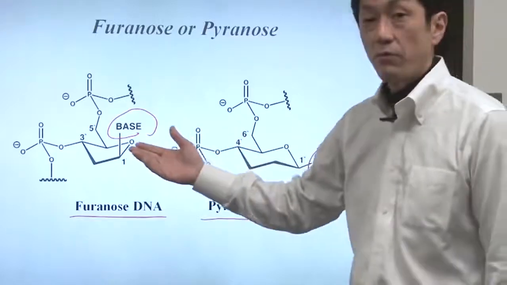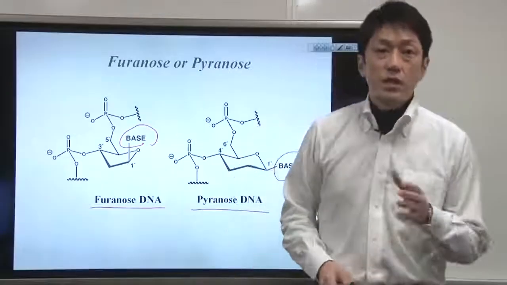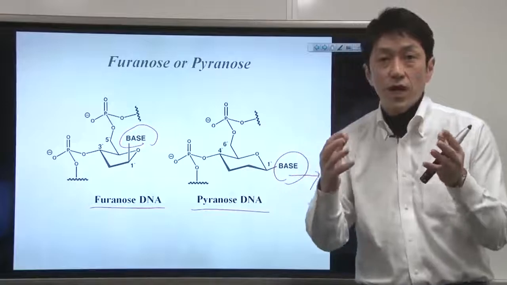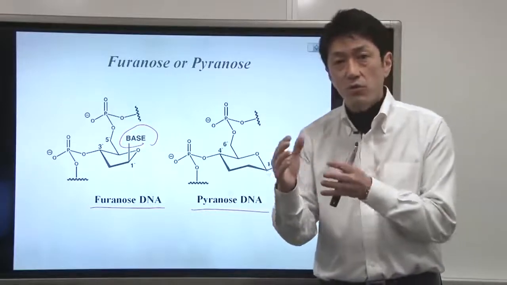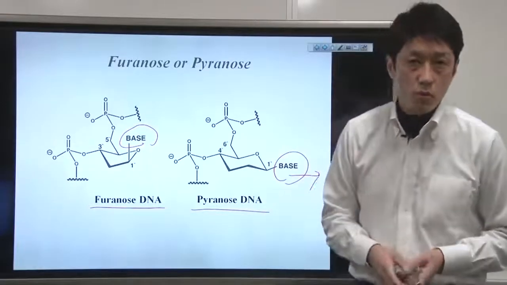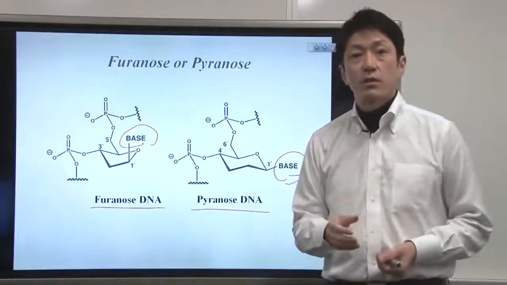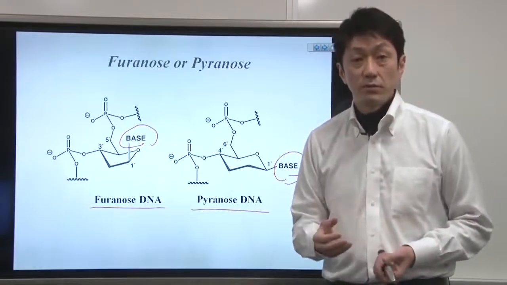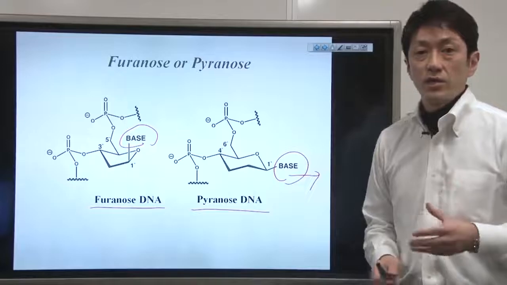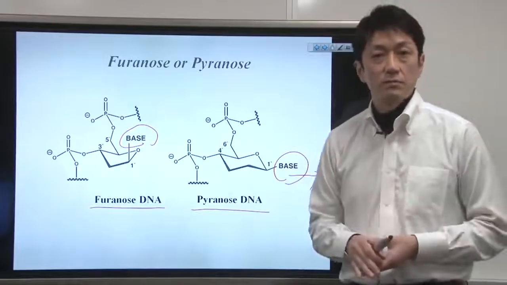We use the 5-member ring. As these components gathered together and interacted in a complementary way, genes were probably formed. And eventually, living organisms came into being. That is how scientists think at this moment.